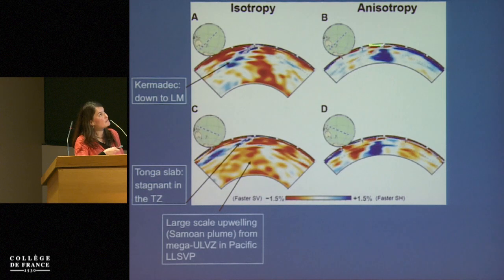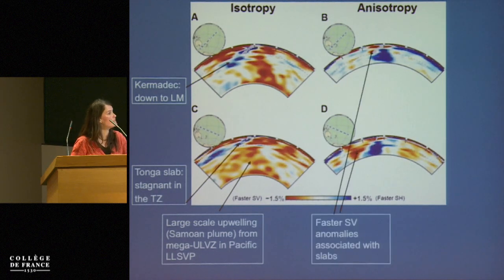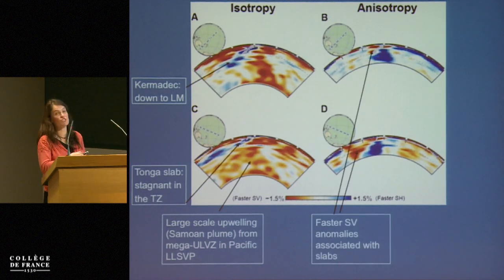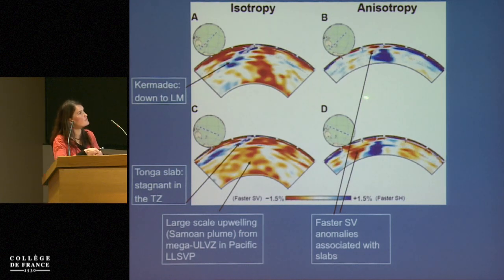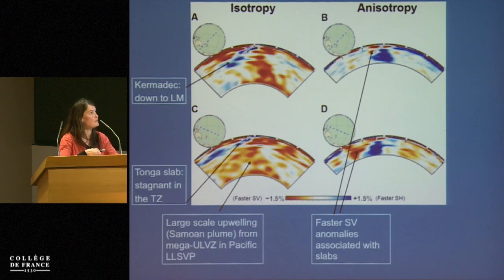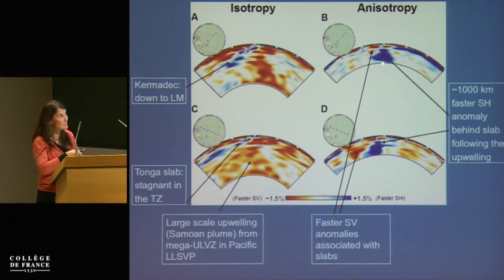Now, when we look at the anisotropy, remember, blue now is faster SH, red is faster SV. What we seem to see, just like I showed before, is that in the transition zone, the slab itself seems to be associated with these faster SV anomalies. And then we have this very prominent, deep and strong faster SH anomaly that seems to be behind the slab,